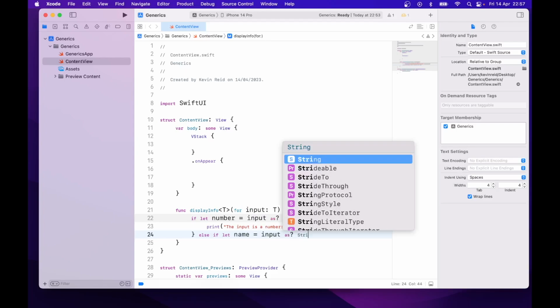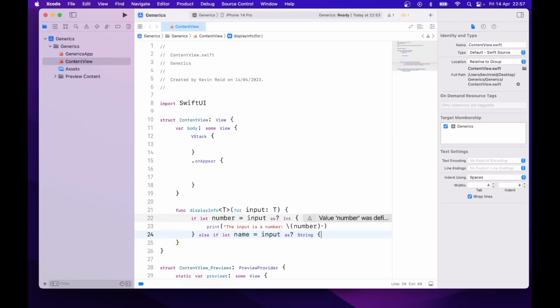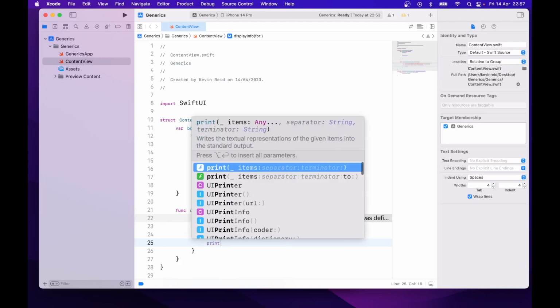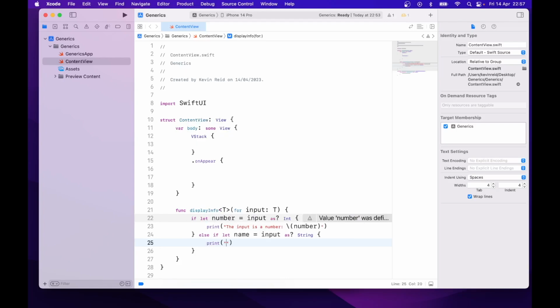String, open curly braces, print "The input is a name: \(name)",